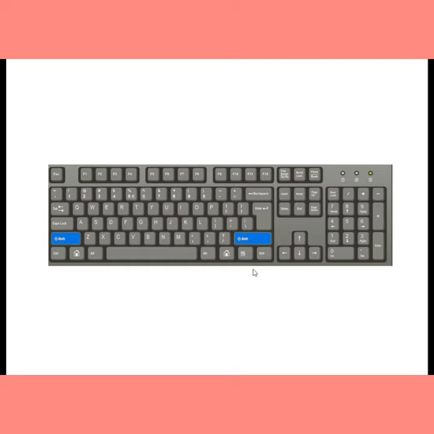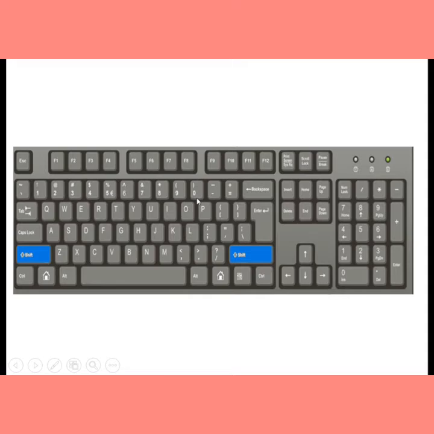Now, see on the keyboard, there are different symbols: plus sign, minus sign, then multiplication sign, division sign. And all these symbols are printed over the number keys, okay? These symbols are printed over the number keys on the keyboard. Now how can we type these symbol keys? So using the shift key, we can type or press all these symbol keys.